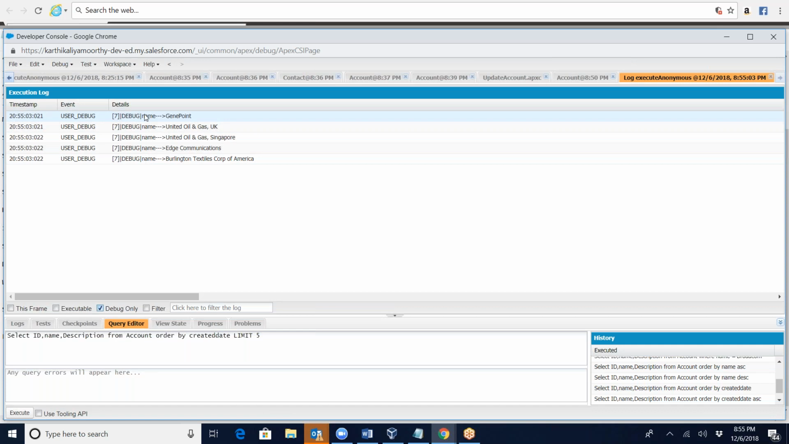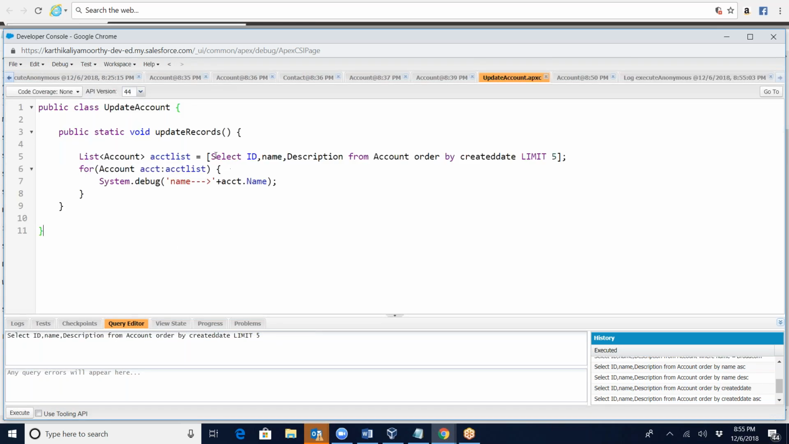So you see it here. It retrieved the data, and it is printing out all the names. So this is a piece of code that I wrote to execute. And in case you want to update your record, you can create another list to update, and then you can set it up, for example, ACCT dot